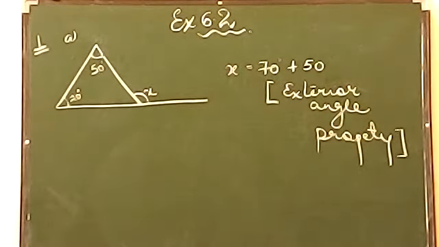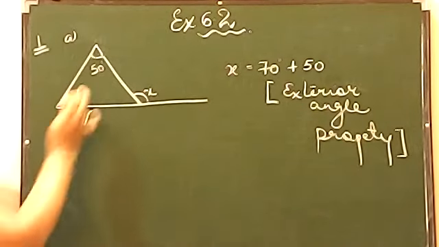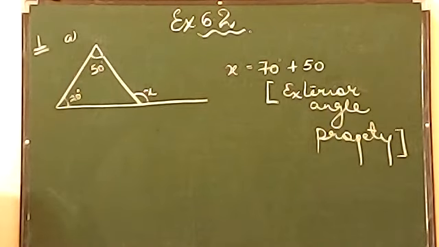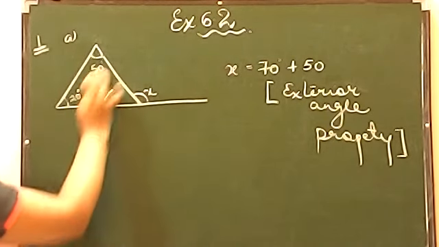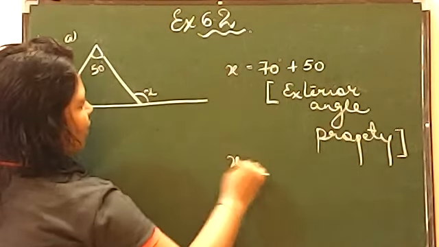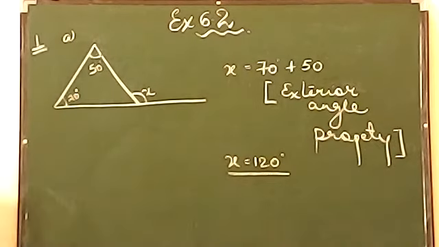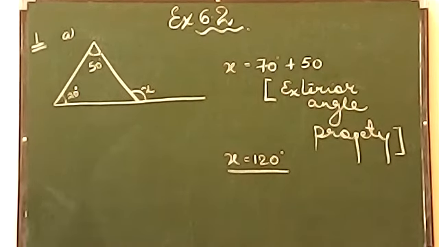This property we have already studied in very detail. So I'm not going too much inside the property. I'm just telling you that this angle is always equal to the sum of its interior opposite angle. So यहाँ ये exterior angle हुआ, तो इन दोनों का sum will be the exterior angle की value. So 70 and 50 मिलाकर के होता है बेटा 120. So the value of x will be here as 120 degree. Any confusion? Student, please reply now.